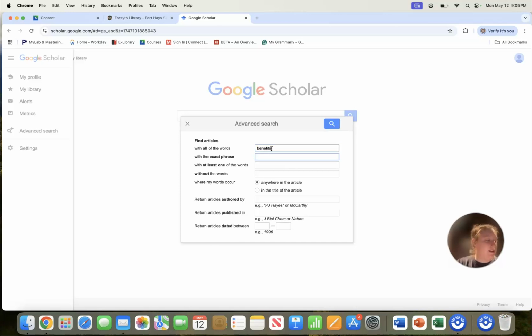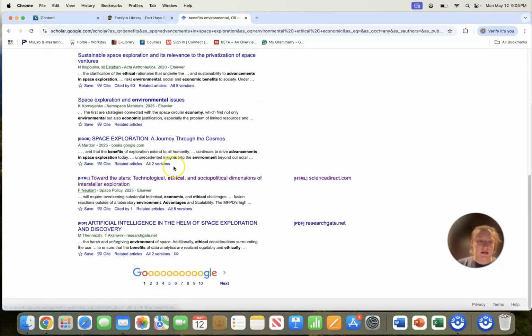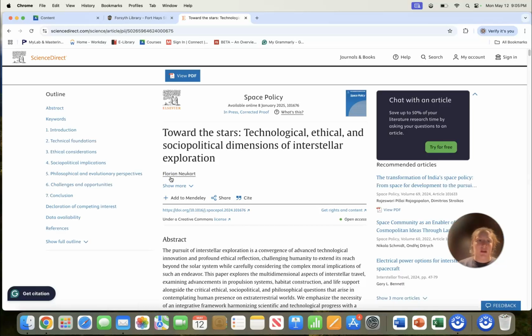It has to have the exact phrase of advancements in space exploration, and then at least environmental, ethical, or economic. Okay, and I did Towards the Stars: Technical, Ethical, and Sociopolitical Dimensions of Interstellar Exploration. Okay, so the reason I chose this one was because BEAM, method, and exhibit shows new technologies being adapted. The CRAAP test, currency, 2024.